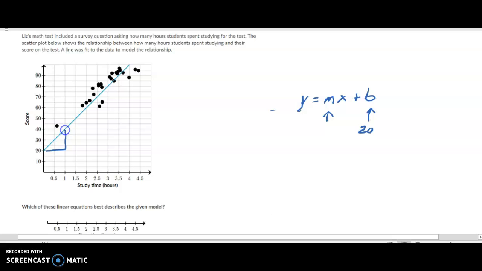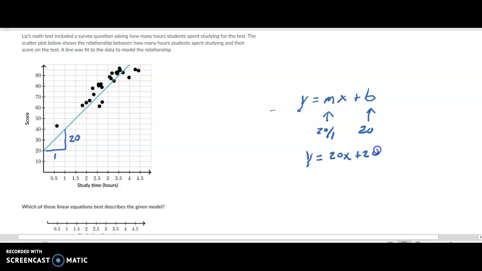I am looking for a point where the line cleanly goes through an intersection on the grid, and that point is right here, and I have another point that's clean right there, and I'm going over 1 and up 20. I'm looking at the numbers here, the distance on the axis, not counting blocks. And slope is change of y over change of x. So our slope is going to be 20 over 1. So our formula is going to be y equals 20x